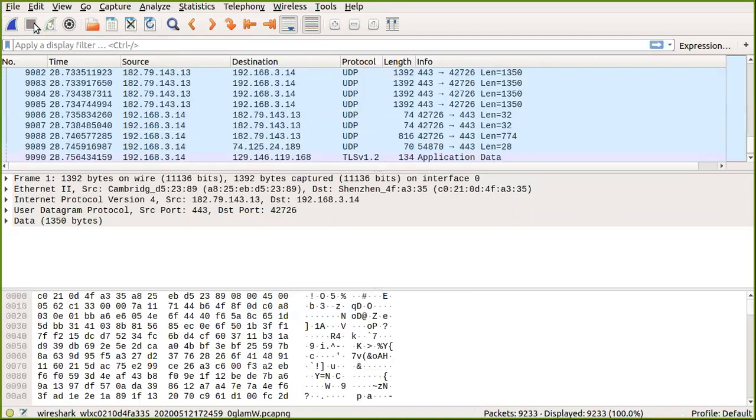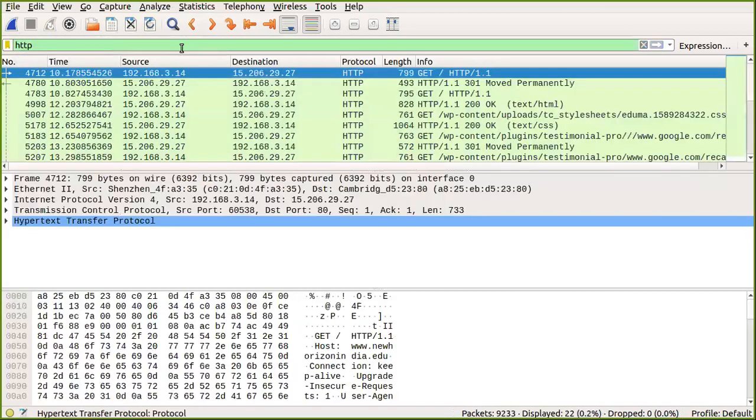After I stop the simulation, a lot of packets have been captured, but your intention is to find only the HTTP packets. So you can give HTTP in the filter.